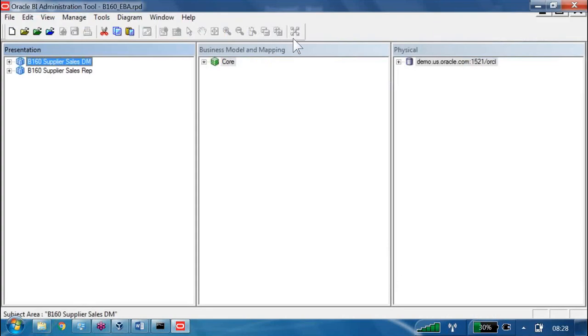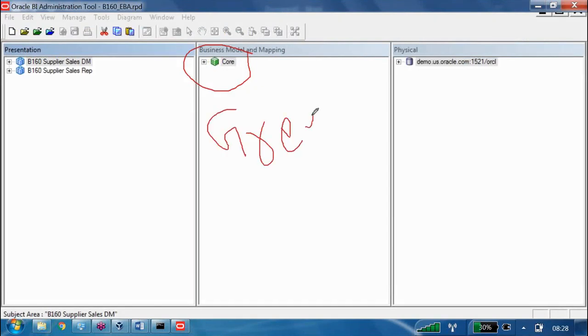Right. Now we are seeing here, what is the color of this one? Green color. If it is green, your RPD is correct. Let me deliberately make some mistakes so that you can answer one question: tell me some of the errors you faced while developing your RPD. To answer that, I will deliberately make some mistakes and we'll see the error messages.